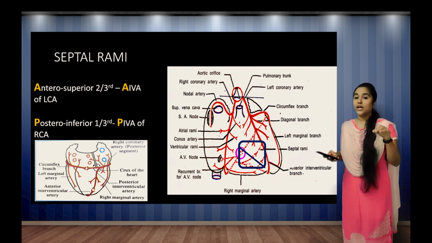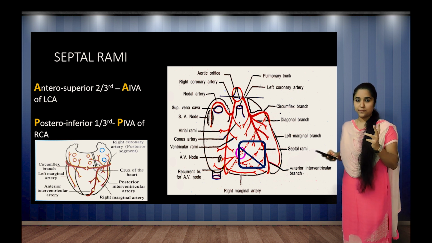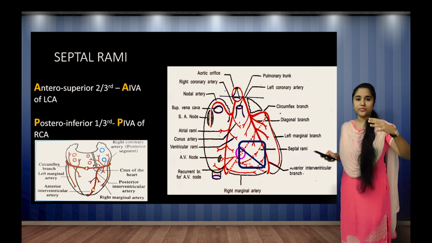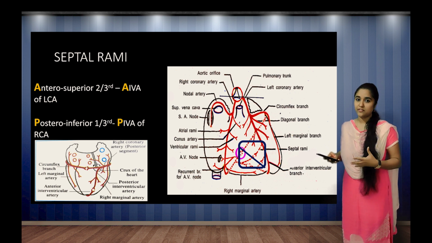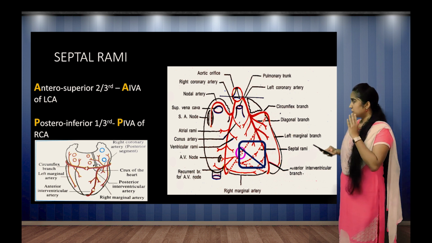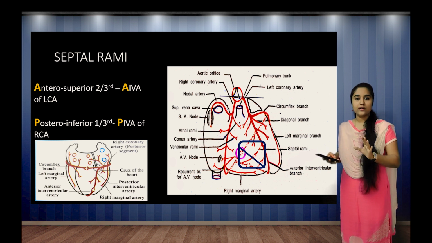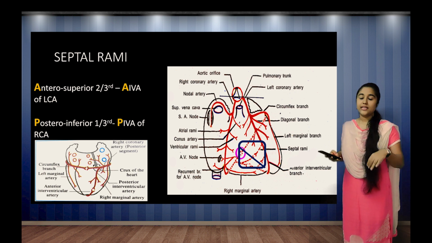So that means if the posterior interventricular artery is a branch of the left coronary artery, it has to supply the bulky myocardium of the left ventricle, it has to supply the conducting system of the heart, and also the whole septum. So what does that mean? In case of any obstruction, if there is increased demand, there is more chance of infarct formation and more chance of myocardial infarction. So the left coronary dominance is the dangerous one, and the safest one is the balanced type, because the posterior interventricular artery is arising from both the arteries, and it is least likely to cause coronary artery disease.